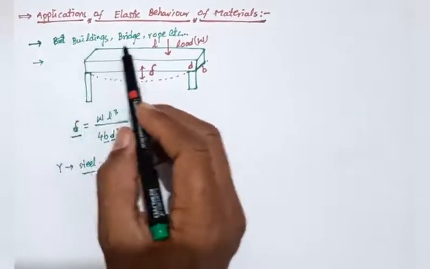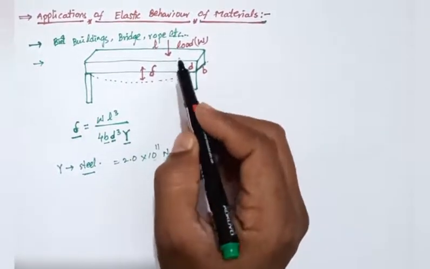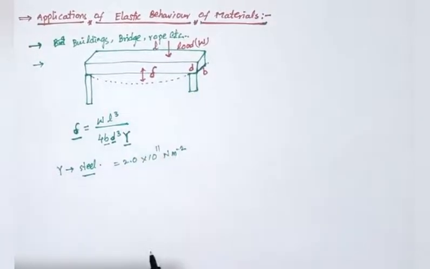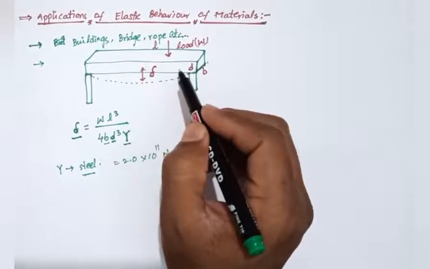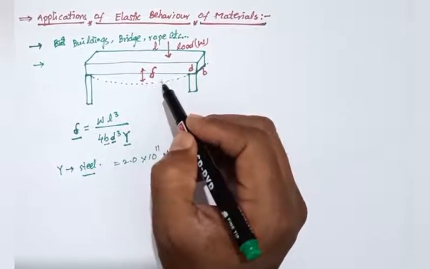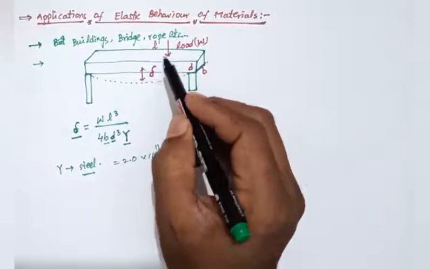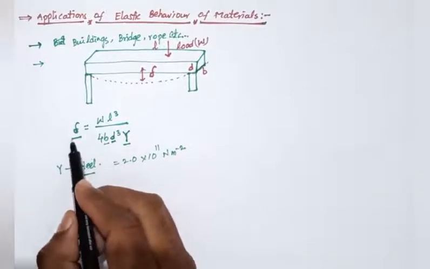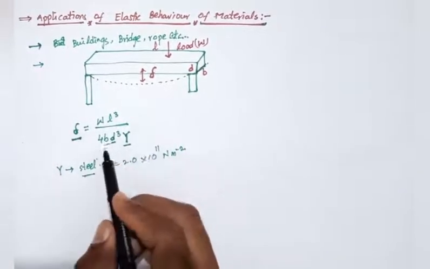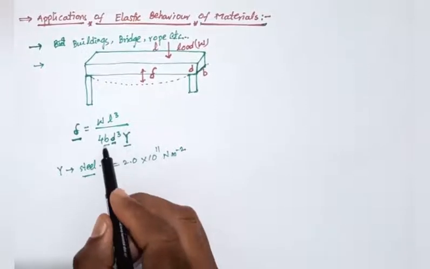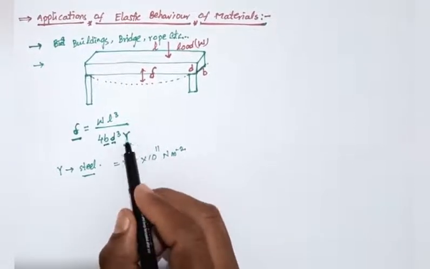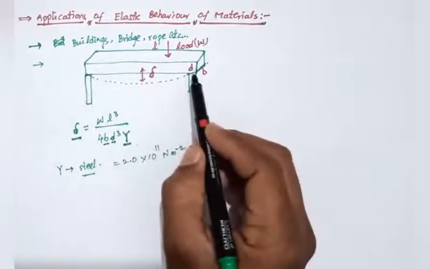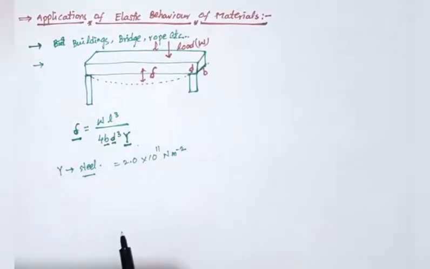And here the bridge or building is taken within the elastic limit. That means when the load is applied, elongation happens, and after the load is removed, it regains its original shape. So the elongation will be small with more depth, more breadth and more Young's modulus. Then the building cannot change its original shape and size.